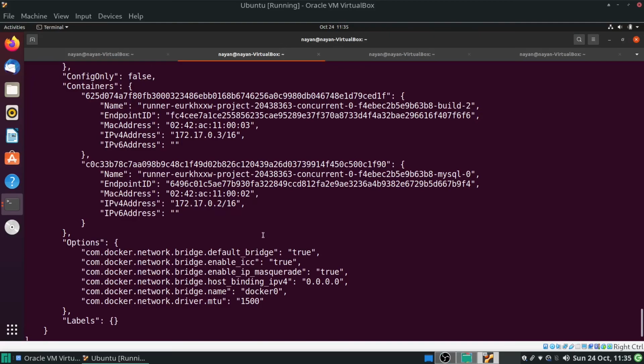Now, as you can see, both of my containers, this is the primary image container of Python and this is the secondary or service image container of MySQL, have been connected to the user-defined bridge network, that is Nayan in my case. We will confirm that this is for Python and this is for MySQL.